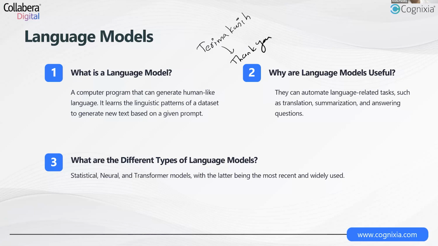Now, the moment you hear that this is thank you, our brain quickly relates to that. Well, these are the contexts I can use terima kasih. When I meet somebody from Indonesia and I want to thank them, I can always use the word terima kasih. Or else, if somebody says terima kasih, I can say welcome. Now, these are all different contexts that our brain has quickly created about this new word in our dictionary, terima kasih. This is a natural language model.